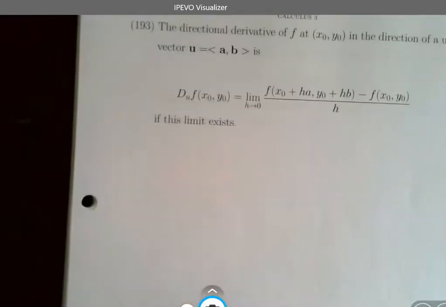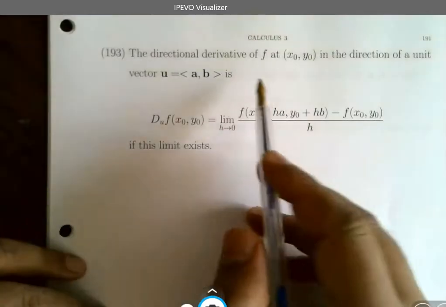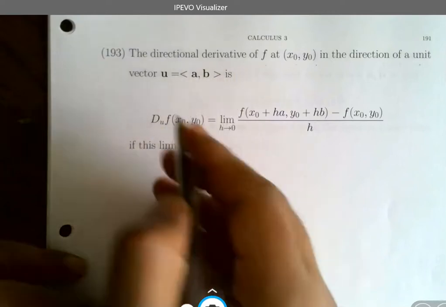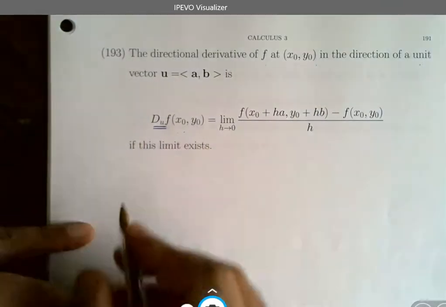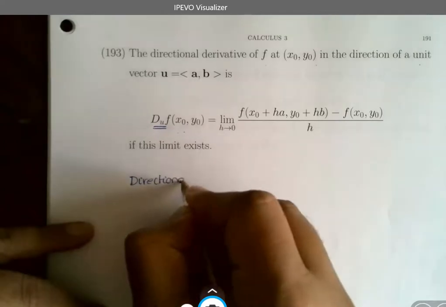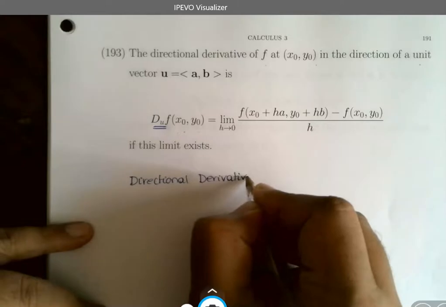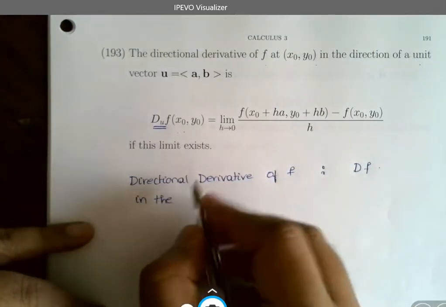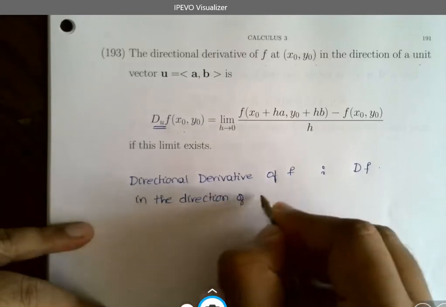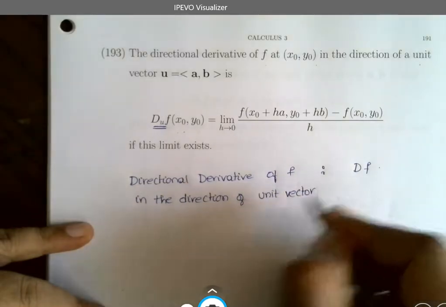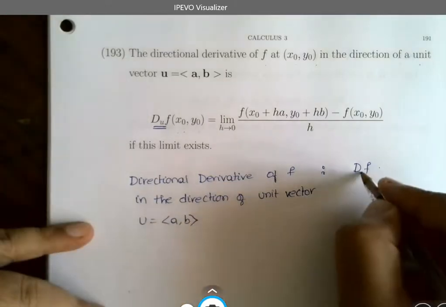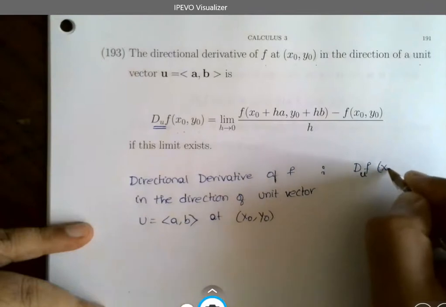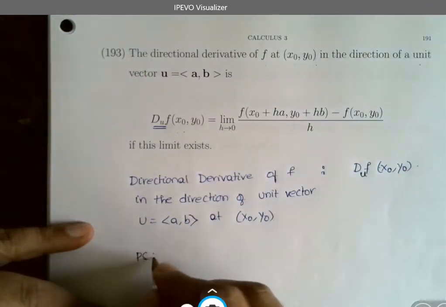Now the directional derivative of the function f at (x0, y0) in the direction of a unit vector u = ⟨a, b⟩ is represented by D_u f, the directional derivative of f in the direction of u, at the point (x0, y0). Now please see that u is a unit vector,